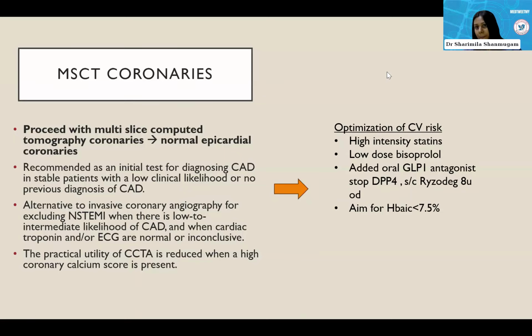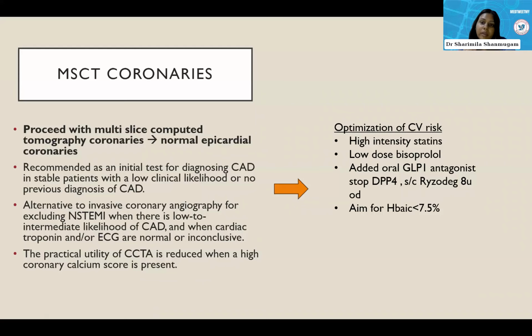But again, despite all that, it goes back to basics. We need to optimize her cardiovascular risk. So high intensity statin, if you remember, she's on Lipitor 20. So we put her on 40 and Ezetrol 10. A low dose of bisoprolol was started. For her weight, we have,